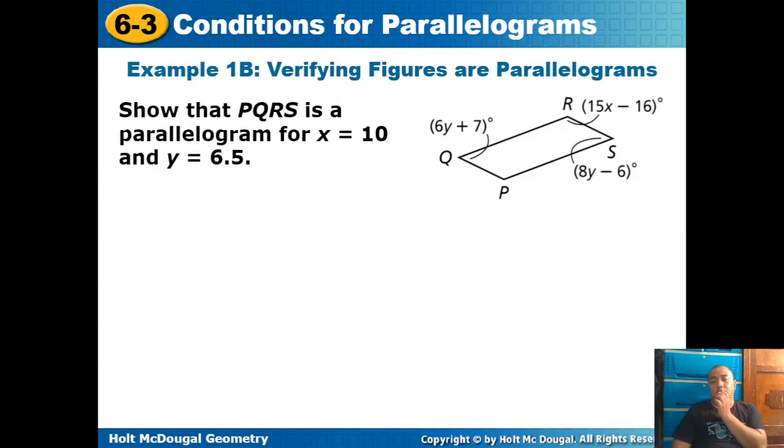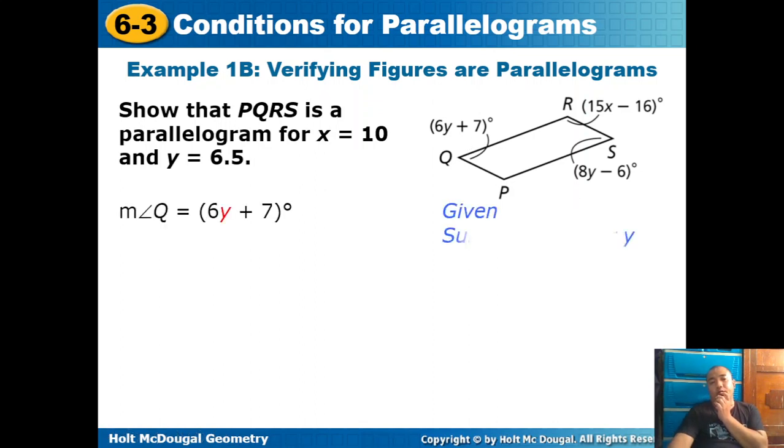How about this? Quadrilateral QRSP or QPSR. Is it a parallelogram? Let us show for x equals 10 and y equals 6.5. Okay. Angles are given. What's the measure of angle Q? 6y plus 7. Angle S, 8y minus 6. Angle R, 15x minus 16. Since angle Q and angle S are opposite angles, they are congruent. So let's pick 8y minus 6y, 2y. Then 7 plus 6, 13. Wait, there's still 6y. y is 6.5, so 13 halves. So let's try to solve for